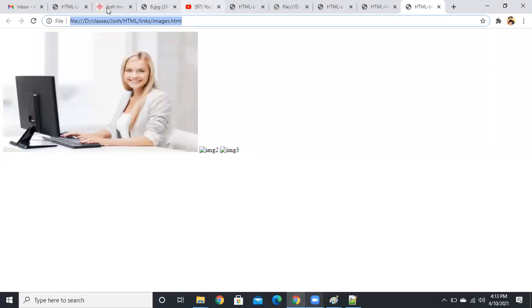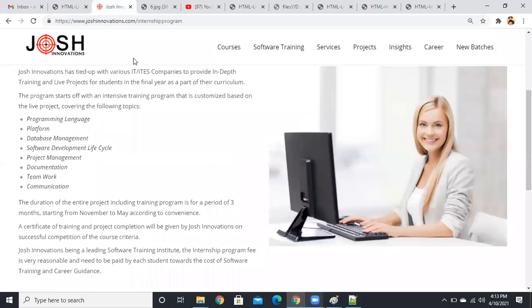But suppose the owner removes that image from their server, you won't get that image. So that's why we need to create an images folder and insert all images into the images folder. Understood, right? We can use it like this, but if someone removes it from their server, the image we used from their site won't load. So that's why we need to download the image and insert it into the page.